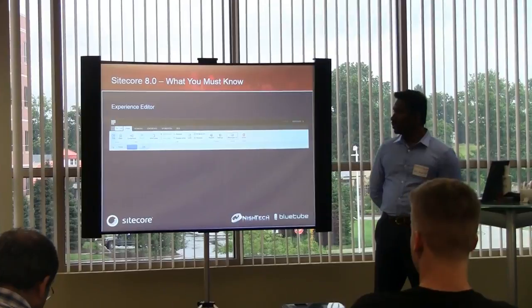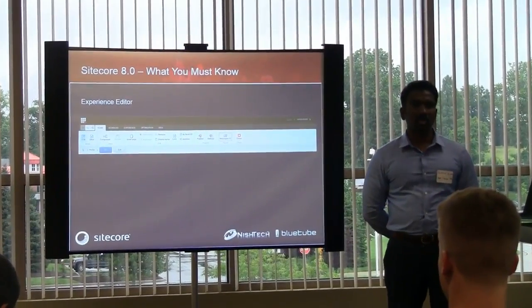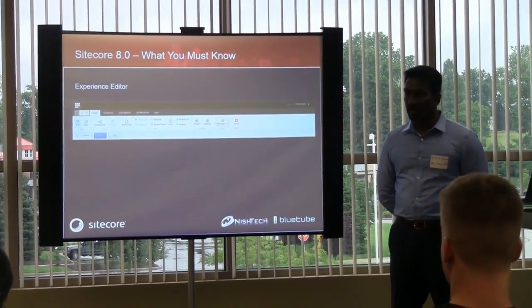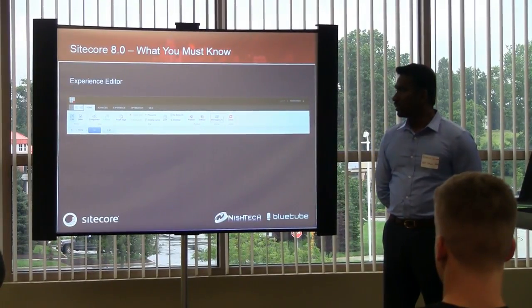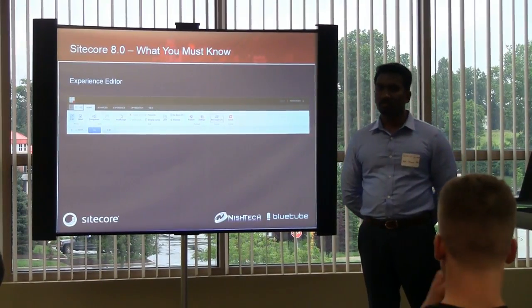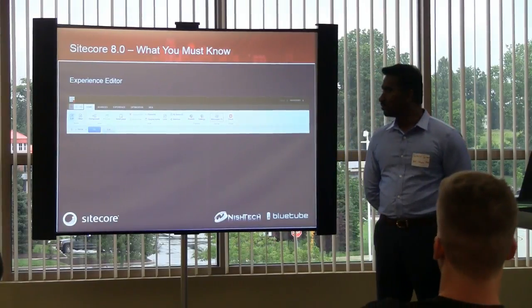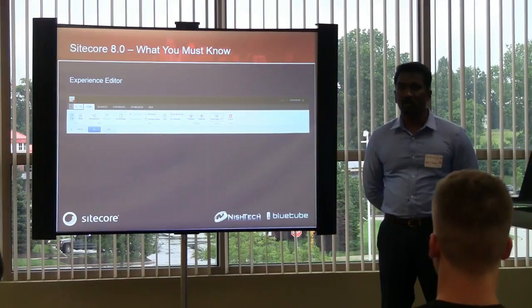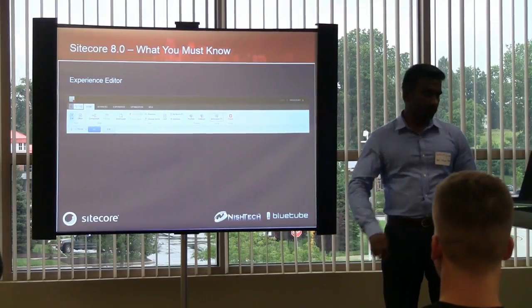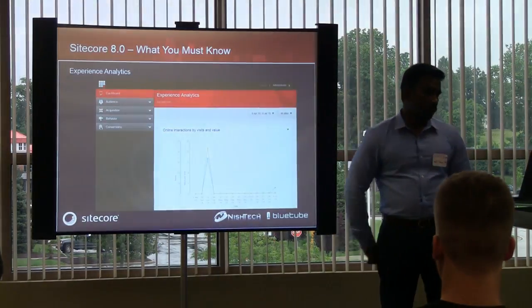If you have used Experience Editor, which happened to be called Page Editor in the past, the Experience Editor UI is now all driven by Speak-based applications. All the ribbon is completely changed. You might need to get a little used to how the Experience Editor behaves. It's very similar, but you've got to get used to it. And then the next one is